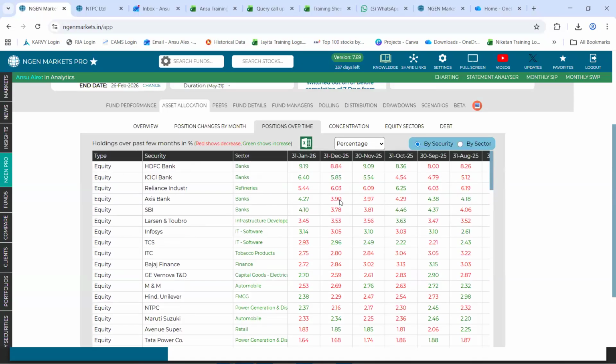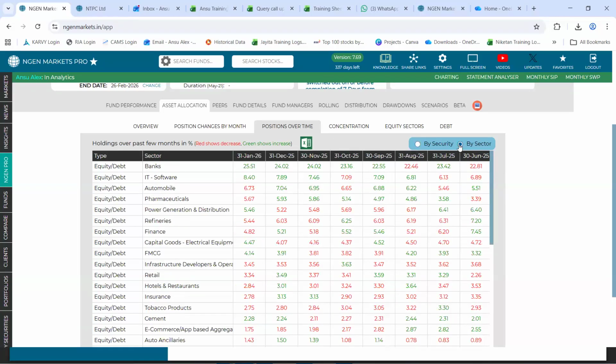Following that, this change that you viewed on a percentage or on basis of shares, you're viewing it on a security level under each component. You can also view it on a sectoral level as well. There's a toggle option called by security and by sector. You can select by sector, and it now says on a sectoral level, how the portfolio of this fund has changed on a month on month basis. And again, this data could anytime come up into Excel.